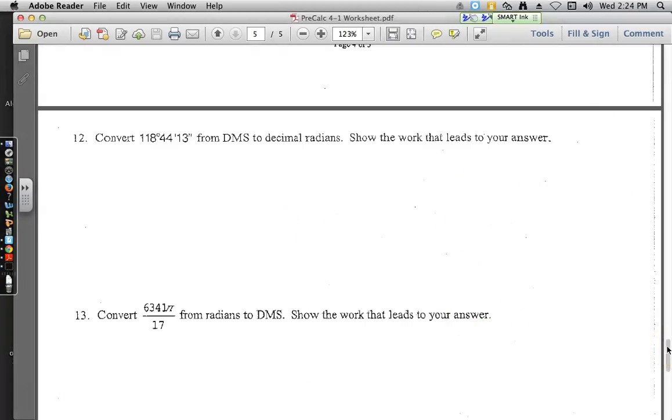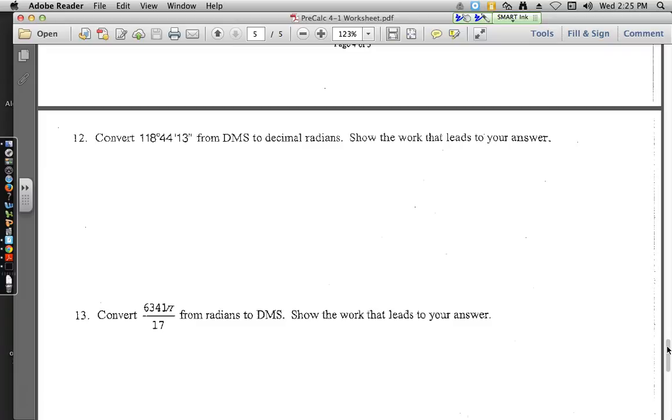All right, number 12, convert it from DMS to decimal radians. Well, the first thing we need is decimals, and that means we have to convert this into degrees. It says to decimal radians, which means we want to figure out what we have here as far as radians go. That's a really weird way to put that. Basically, what they want us to do is take degrees, minutes, and seconds, just get it into degrees, and then